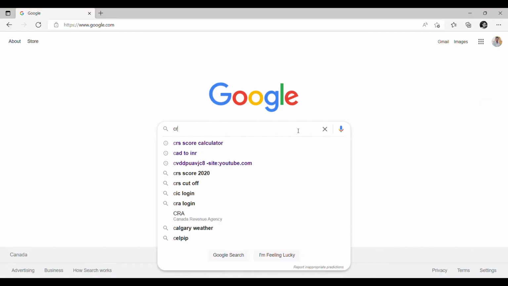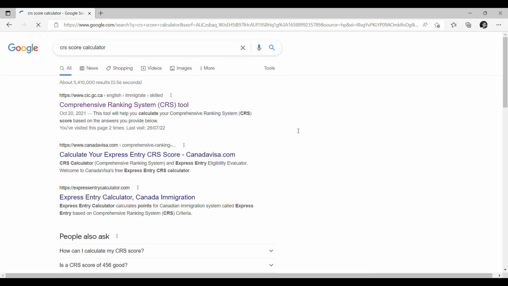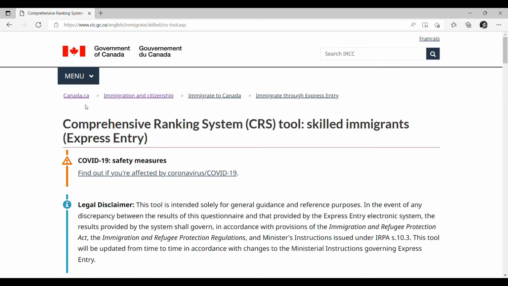So let's get into the laptop and let me tell you each and every detail which is there in the CRS points and how wisely you should select the options so that you get maximum points and you easily clear the cutoff in the upcoming draws. So if I type in the CRS score calculator, it will take me to the